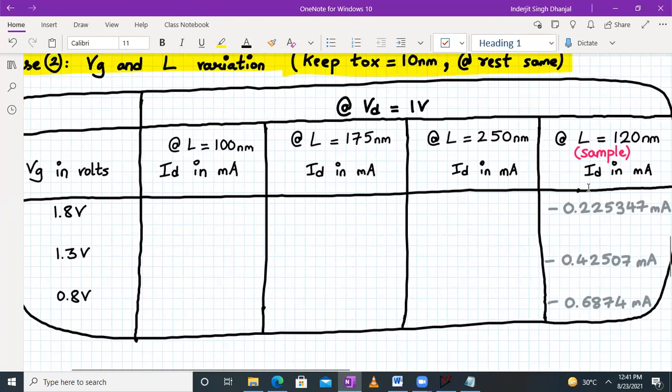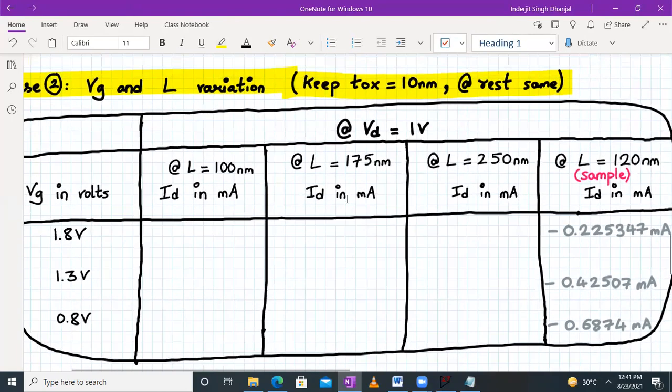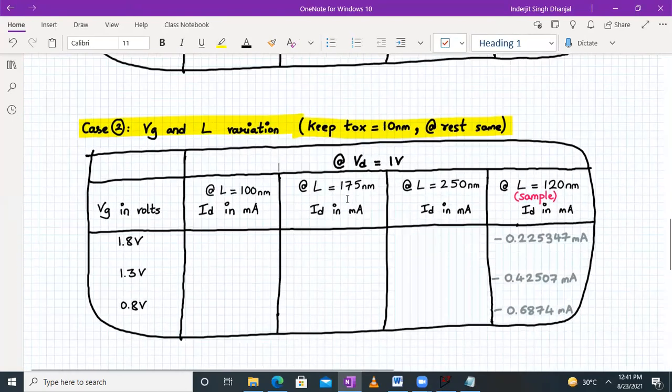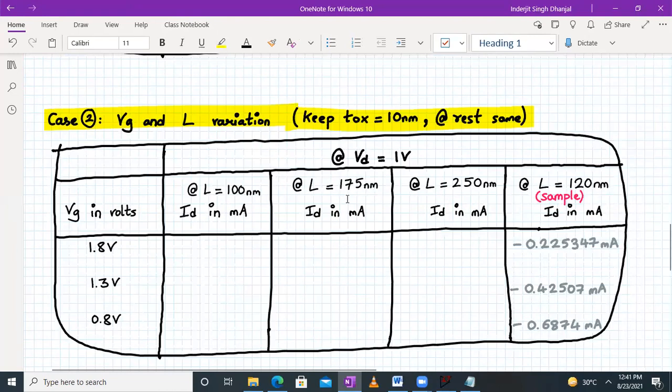This reading is not to be considered in the write-up. You have to only consider the three readings for L equal to 100 nanometers, 175 nanometers, and 250 nanometers. This is the way we complete case number 2, wherein we have varied the value of the gate voltage and the channel length.